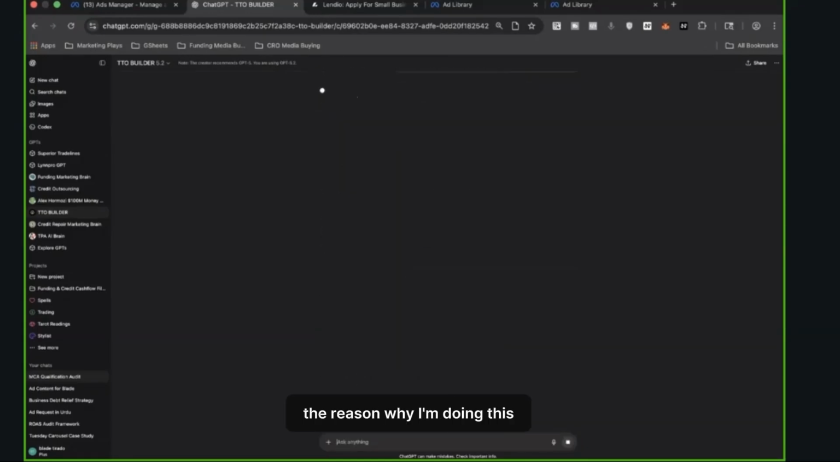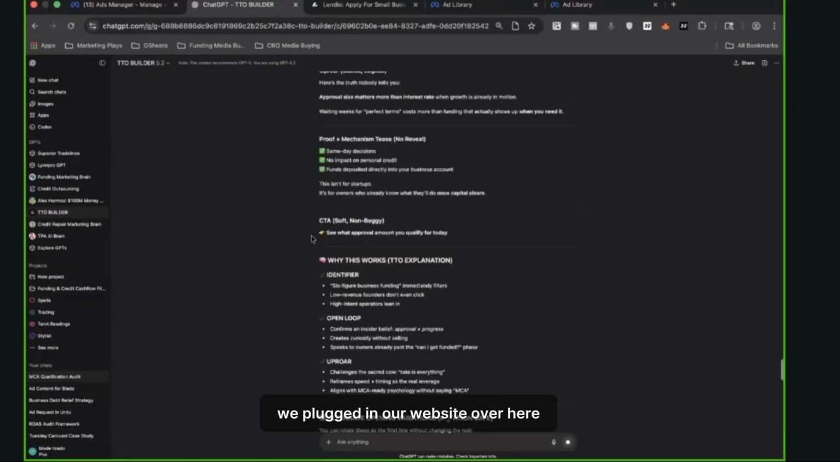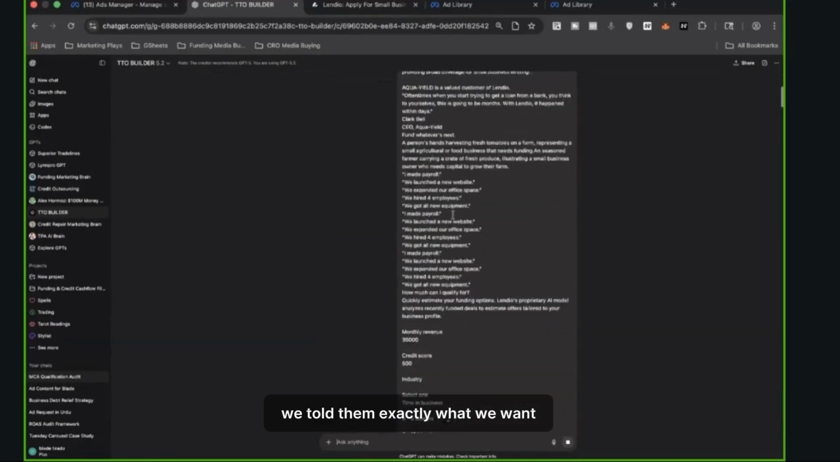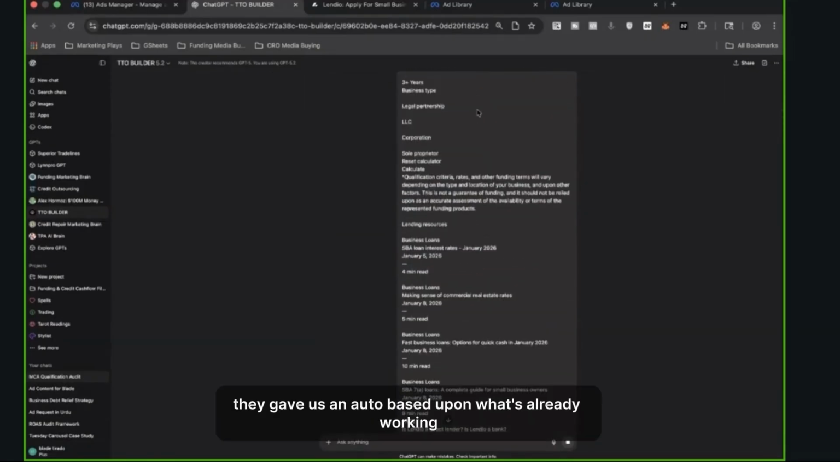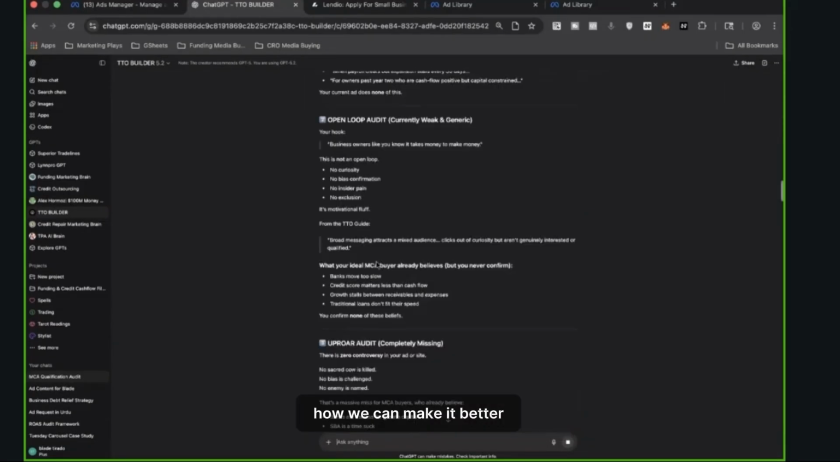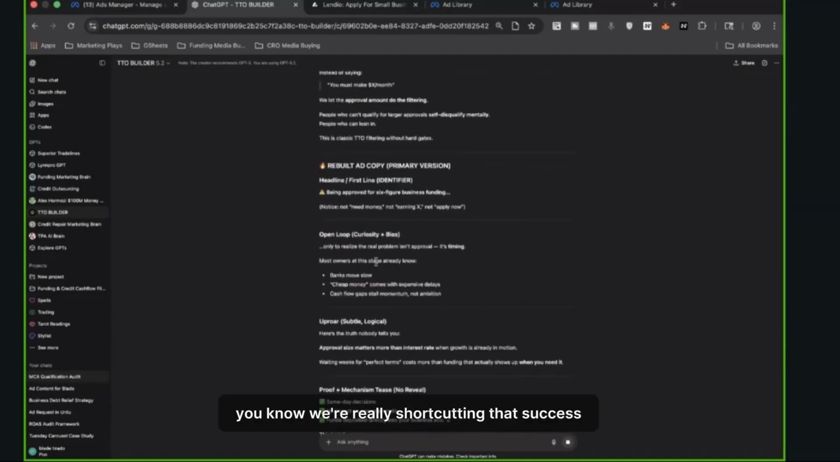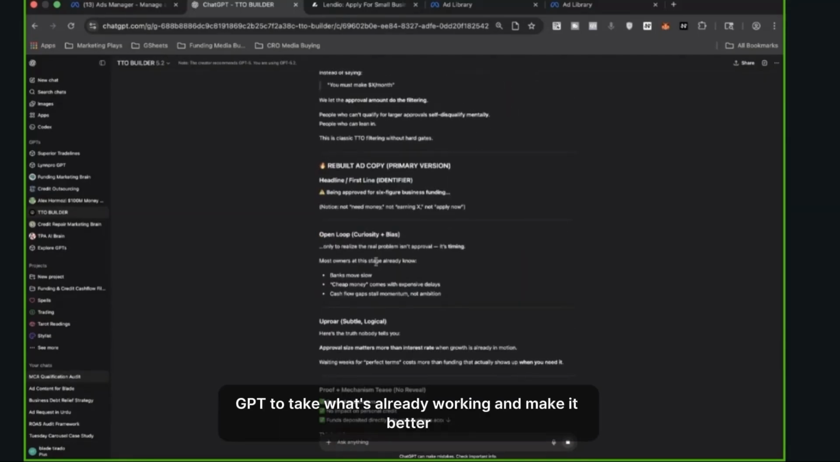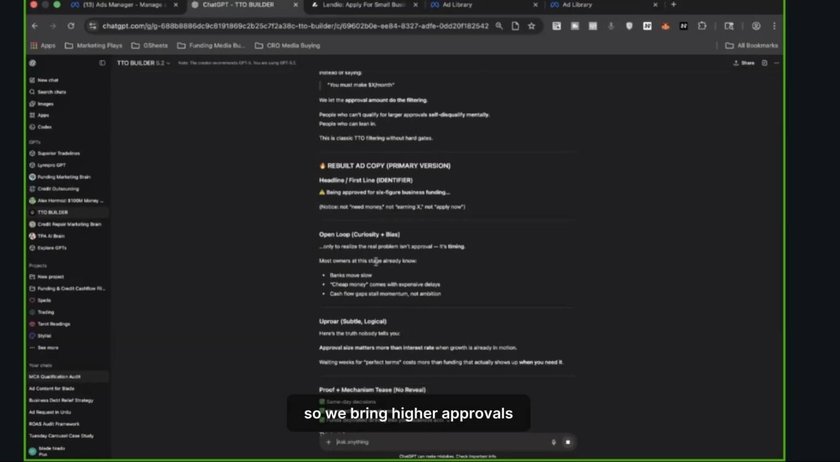Cool. And the reason why I'm doing this is because we already trained all the logic. We plugged in our website over here. We told it exactly what we want. It gave us an audit based upon what's already working, how we can make it better. We're really shortcutting that success. We find what's working, and we ask ChatGPT to take what's already working and make it better so we bring higher